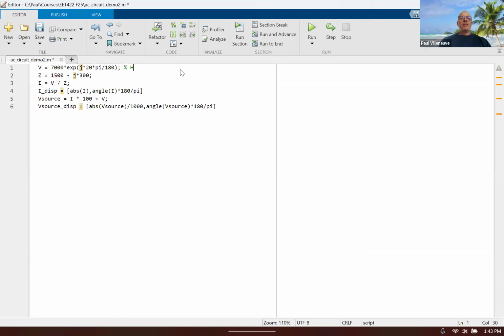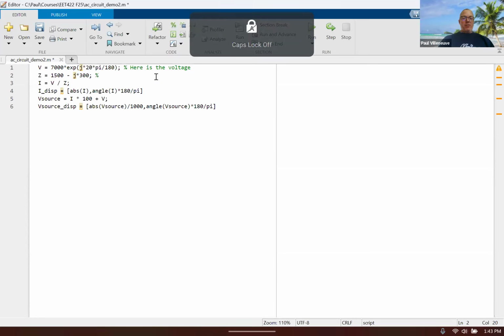I can add comments with the percent sign. So instead of having a separate piece of paper and a calculator, I can include comments actually in my script file to provide lots and lots of detail. So I can have simple ones, or